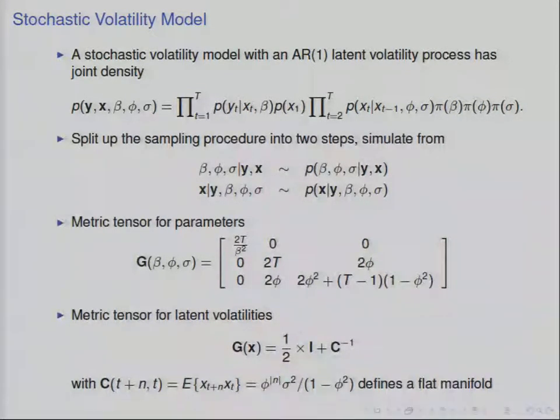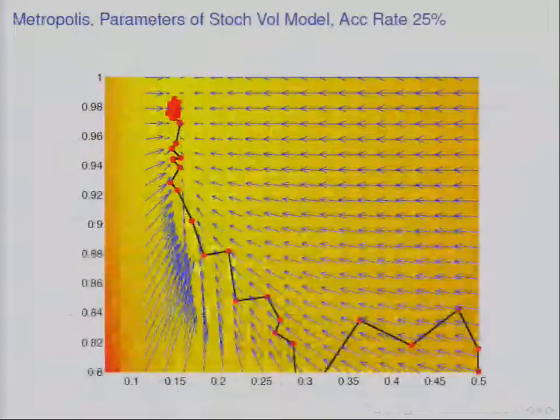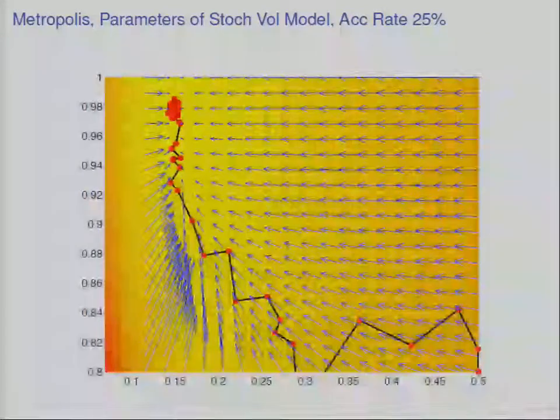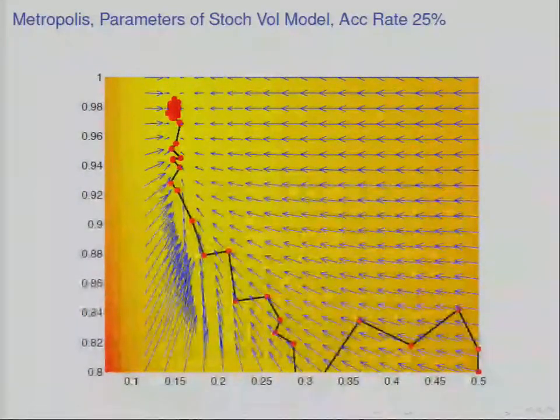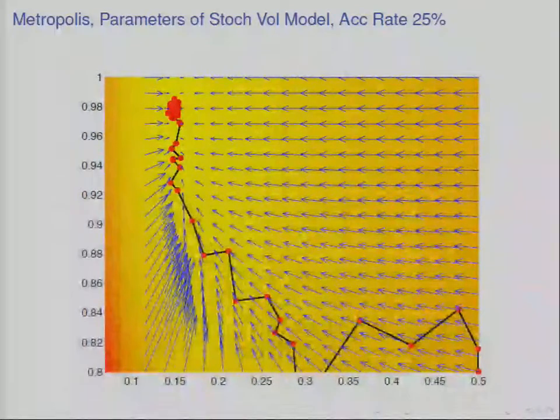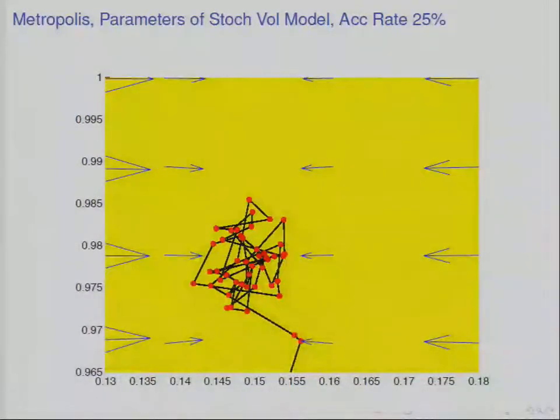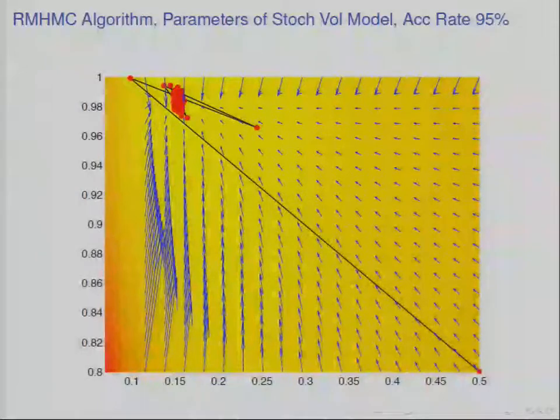So we can now use these to define RMHMC or manifold MALA sampling schemes for both of these, and we can truck on. So you saw this the other day, where I showed you the random walk for this stochastic volatility model for two of the parameters. And here is the